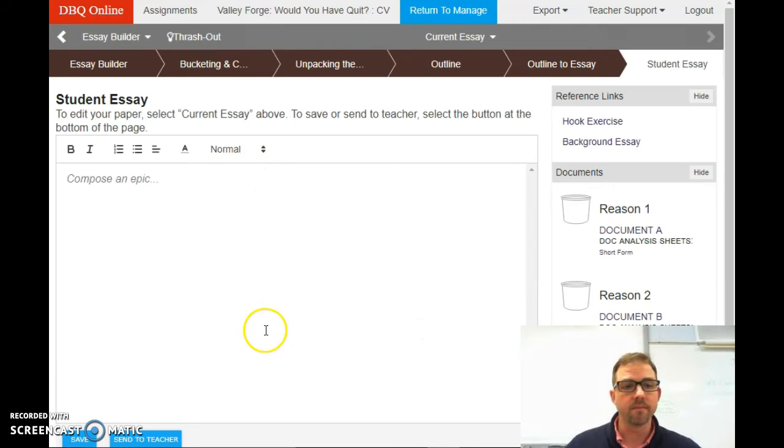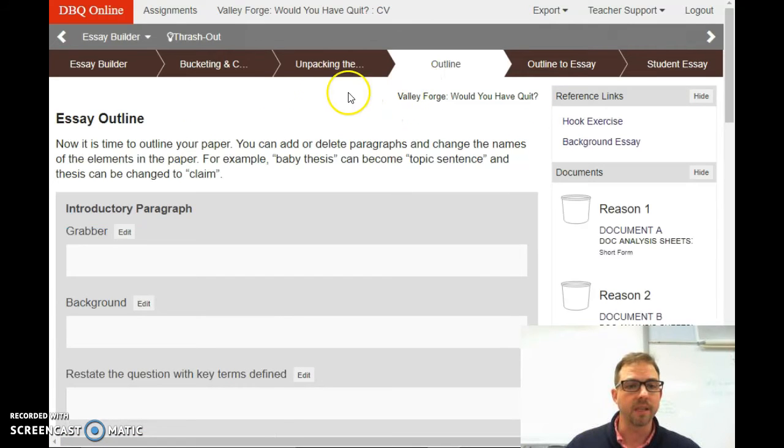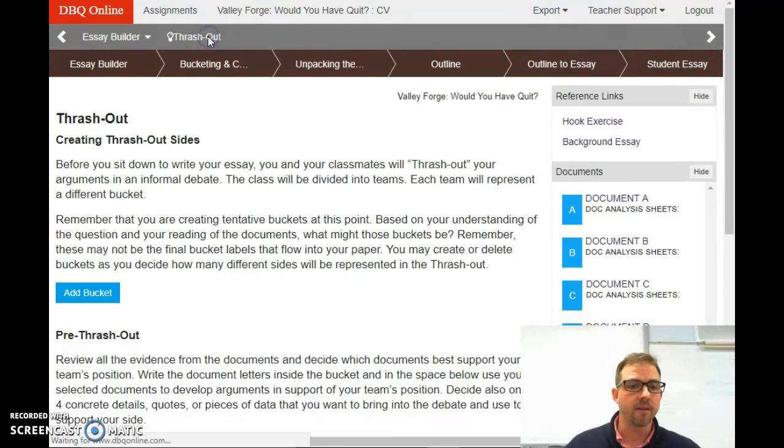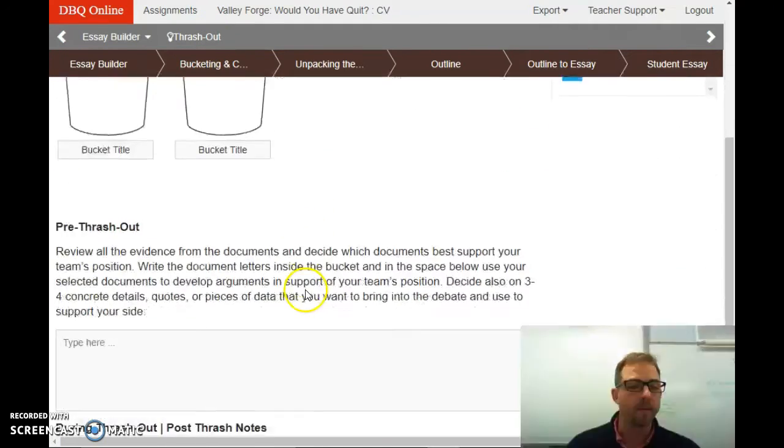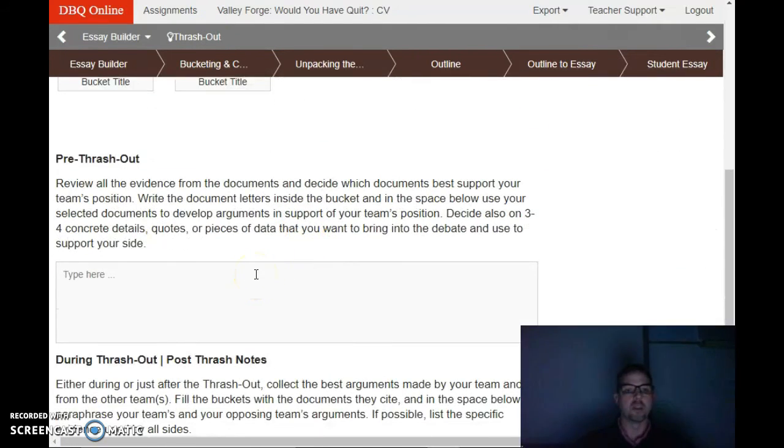But really using this builder really can be helpful. Don't forget about your Thrash Out feature. If we did that during class, you may have notes in the Thrash Out to help you out with a counterclaim. That's something that not every paper is required to have, but in your Thrash Out feature, you should have written down notes